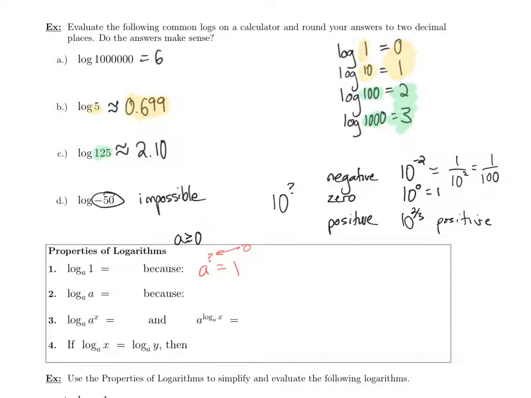So all of these properties are if we're talking about positive values of A that are non-zero. So therefore, in general, if I get an argument of 1, then my result's going to be a 0, because the exponent that gives me the result 1 is 0. Now this case right here is illustrated by log of 10 is 1. So if I have log base a of a is 1, then that's going to make a lot of sense here,